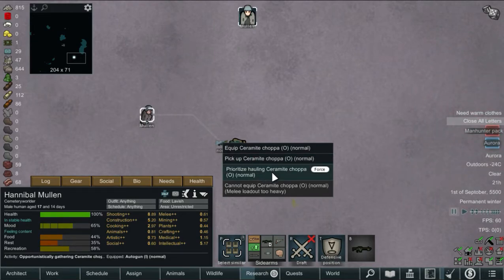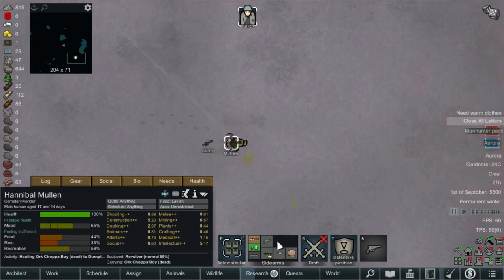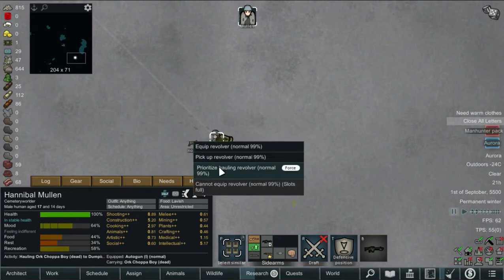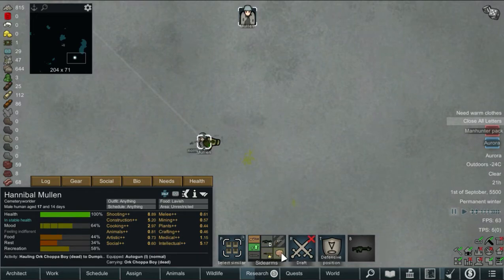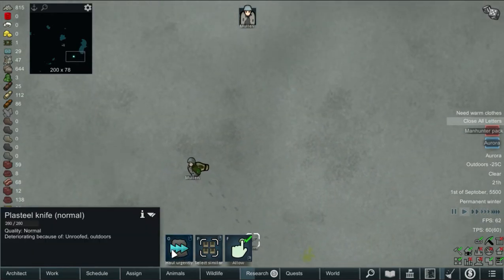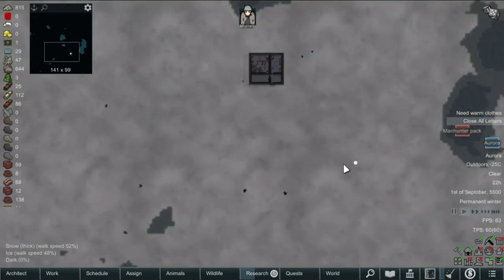Okay, they're saying it's too heavy, but what you can do is you can pick it up. Okay, equip. Pick up a revolver. Drop that. Make that number 1. Cool, and we should be pretty sorted. We'll put the plasteel knife onto Hull. So if our guy gets in close and he drops his main weapon, he's going to pick up the ceramite